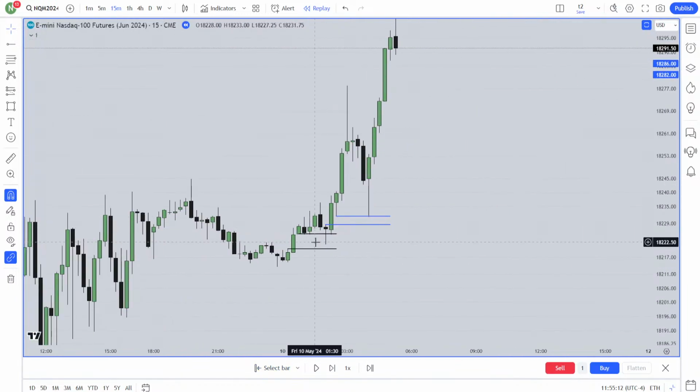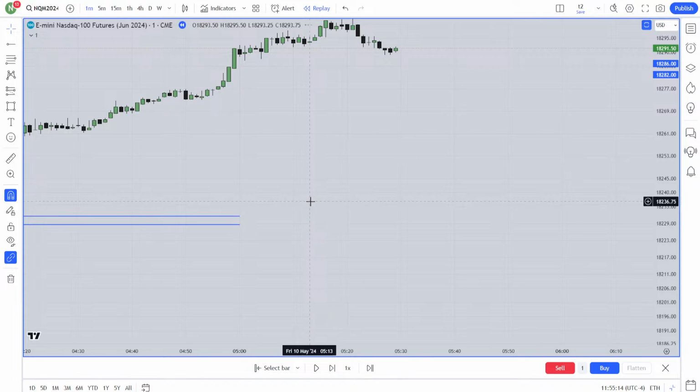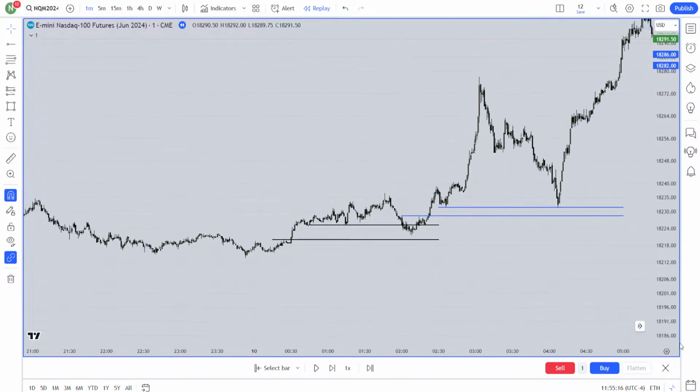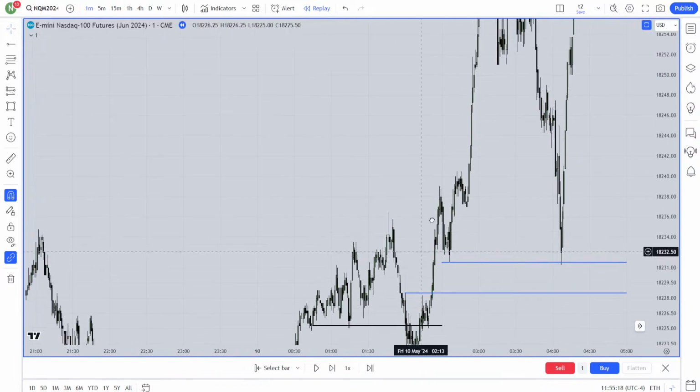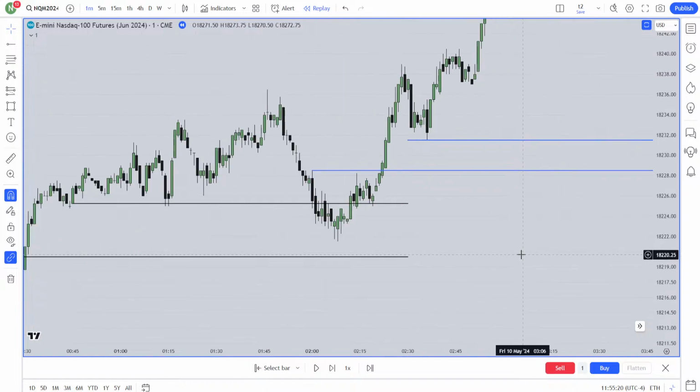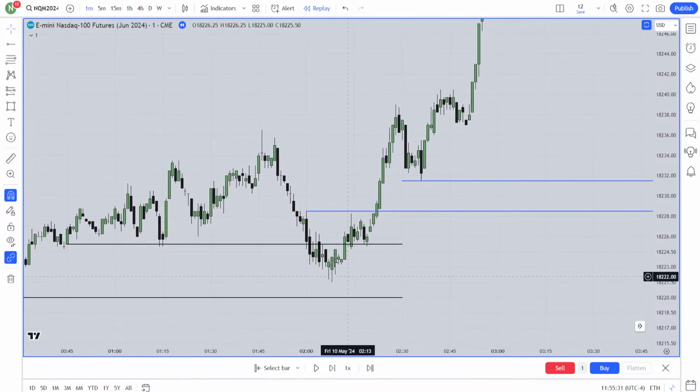When I get that bullish fair value gap, I will go to the 1-minute chart. When I'm in the 1-minute chart, look, the market came to this bullish fair value gap for the first time. After coming here, I will wait for a market structure shift. If I get a very nice clean market structure shift, fair value gap trade, boom.